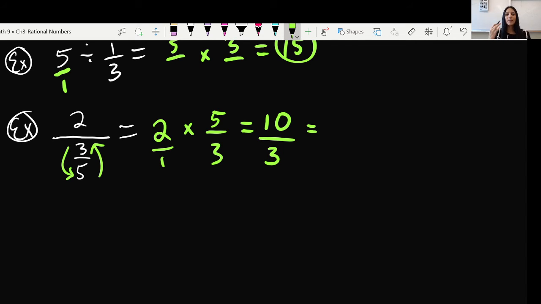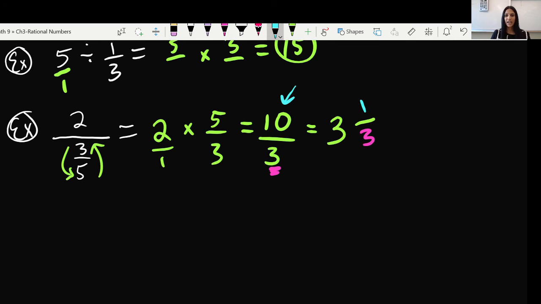And this time I once again do have an improper fraction. We don't like having improper fractions. So I want to look at this and say, how many times does 3 go into 10? We know 3 times 3 is 9, so I'm going to say 3. I know the denominator is going to stay the same as what it was here. And then if I did 3 times 3, I'd get 9, but this one is 10, so I'd have 1